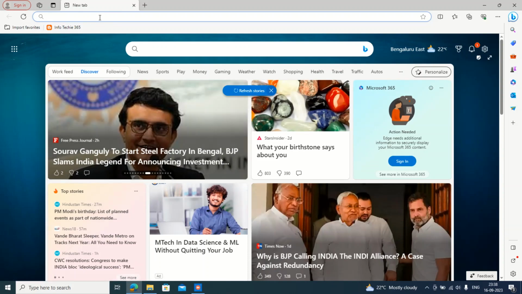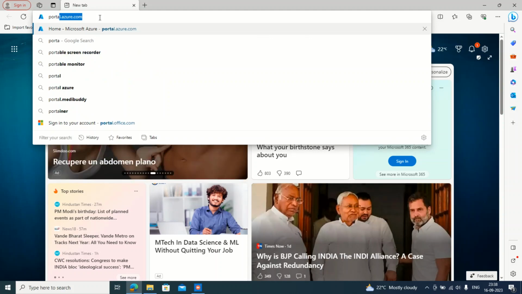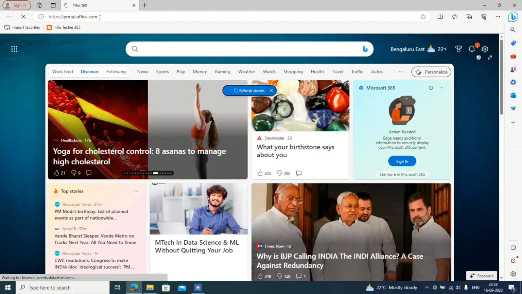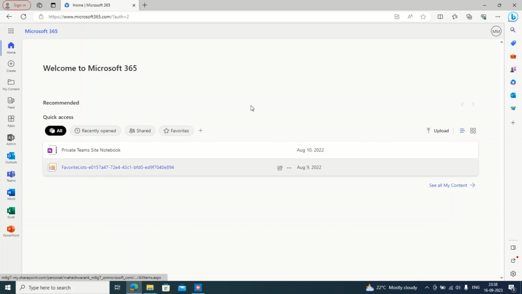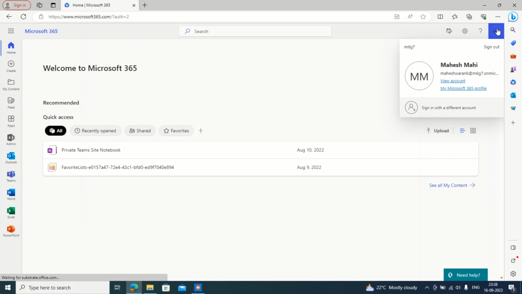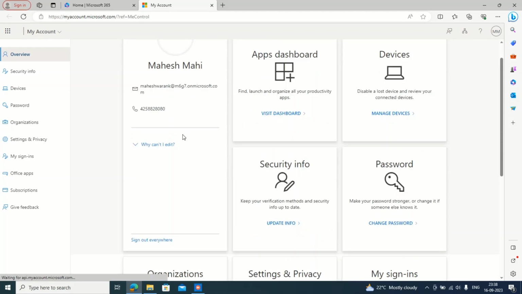So now I'm going to log into my Office 365 account, portal.office.com. Since I have already logged in, it is not asking me to authenticate. Once you are logged in, you have an option on the top right side. You can click on your profile name, then you will have an option, View account. You can click on View account, and this will take you to the information you have